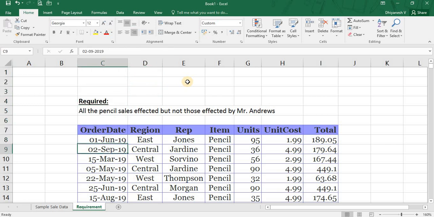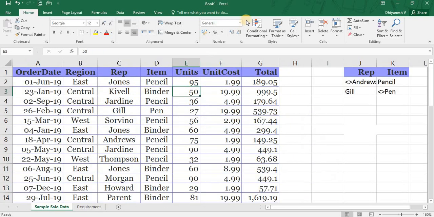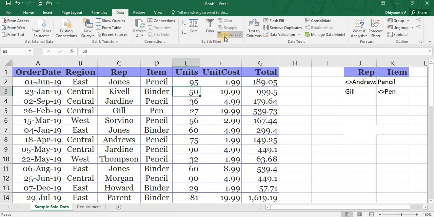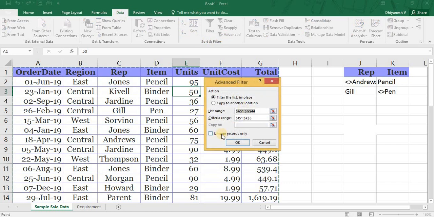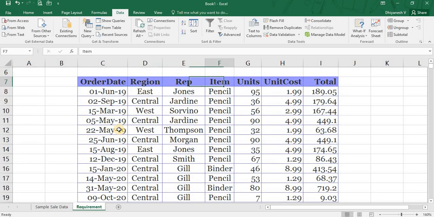So what does unique records mean? You can see that in the advanced filter option there is a checkbox named unique records only. What does it really mean? Take this example, all pencil transactions.